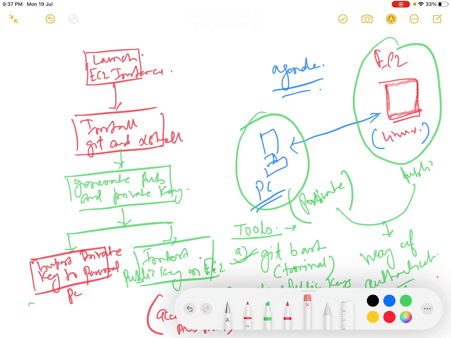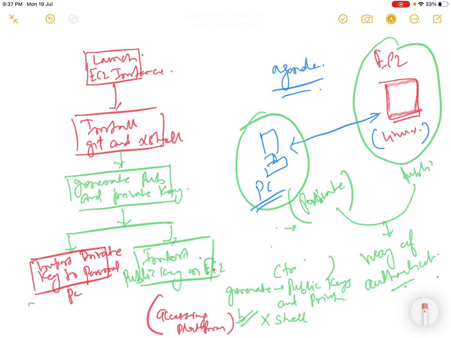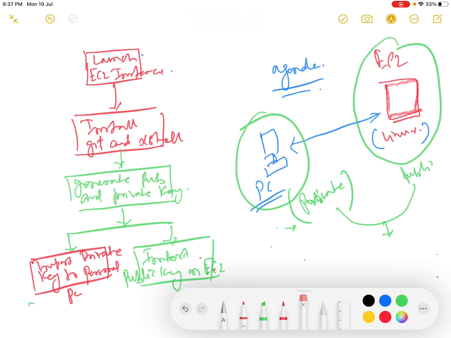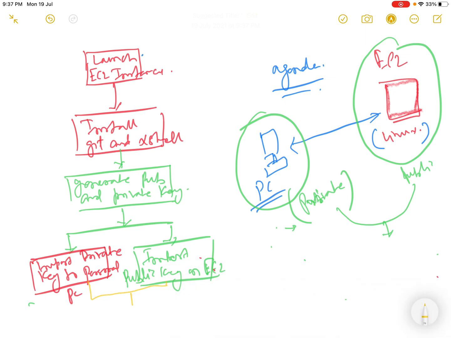This is very important. If the keys match, then only will you get access.